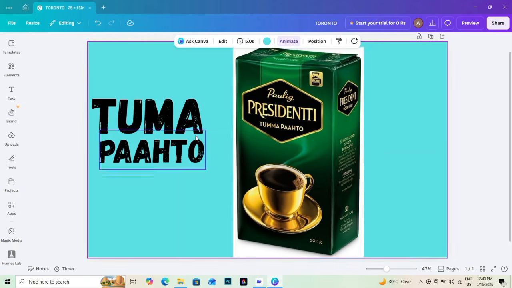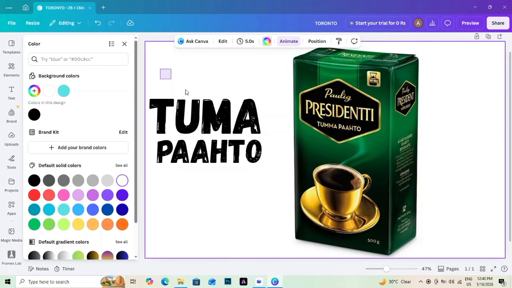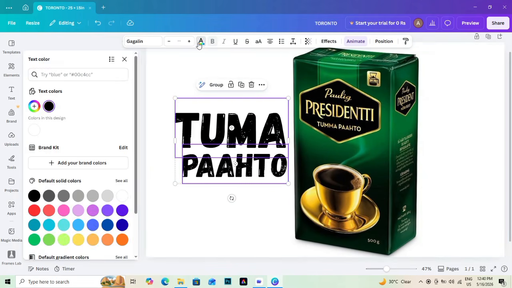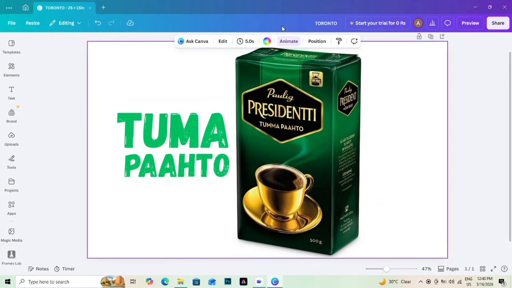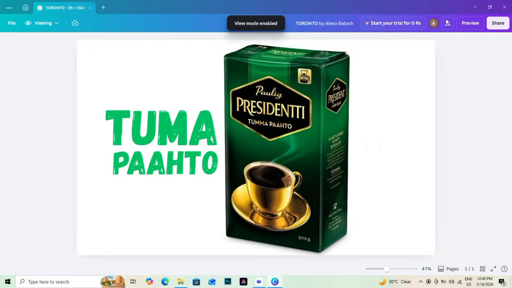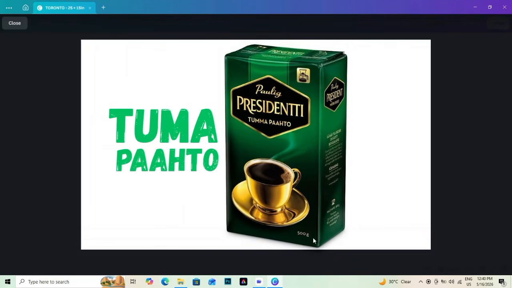Slightly rotate one frame to create movement while preserving balance. Use position tools to align everything without losing the flow. Add minimal text using a clean modern font. This guided